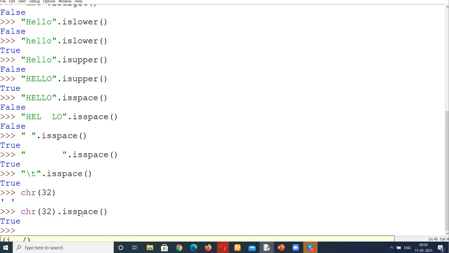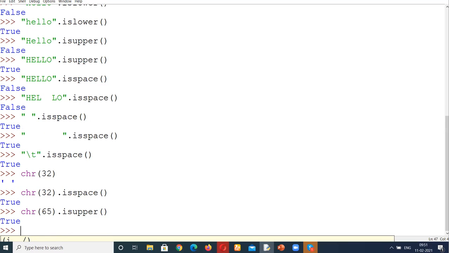Now let me discuss the previous functions again. For example, if I write isupper with chr of 65, what answer will I get? True. Capital A. True or false? True. I will get true as the answer, because the character value of 65 is capital A. Then another thing, chr of 97.